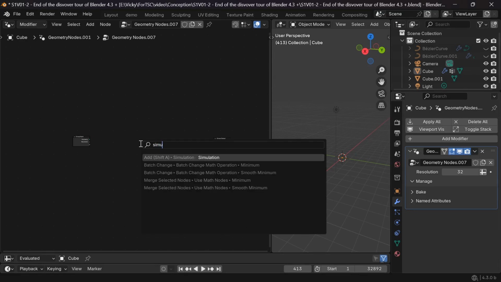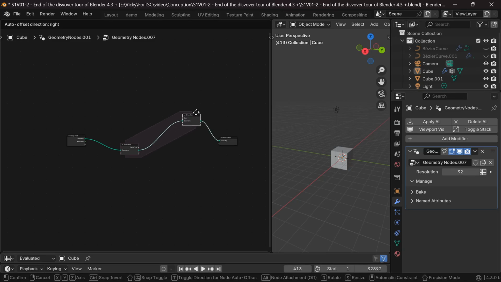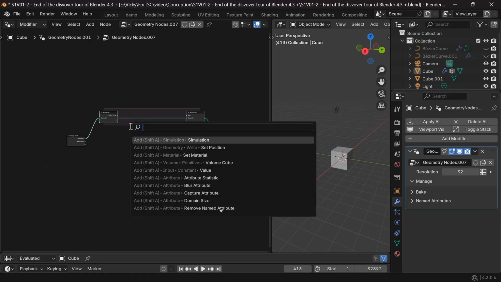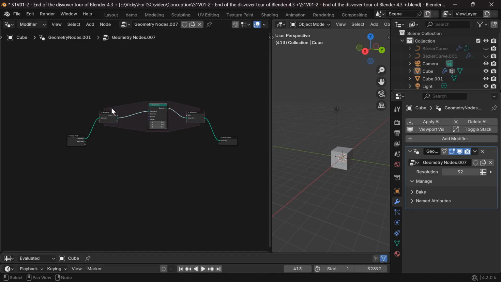Let's go for an example of the simulation zone, a free fall. Instead of focusing on the nodes technically, we will focus on the way to think about them. The first is to think about the operation. We want to set the position of the mesh, so just type the shortcut F3 to reveal the search, type set position and enter. When the link behind the node changes, click to insert it with auto connection.